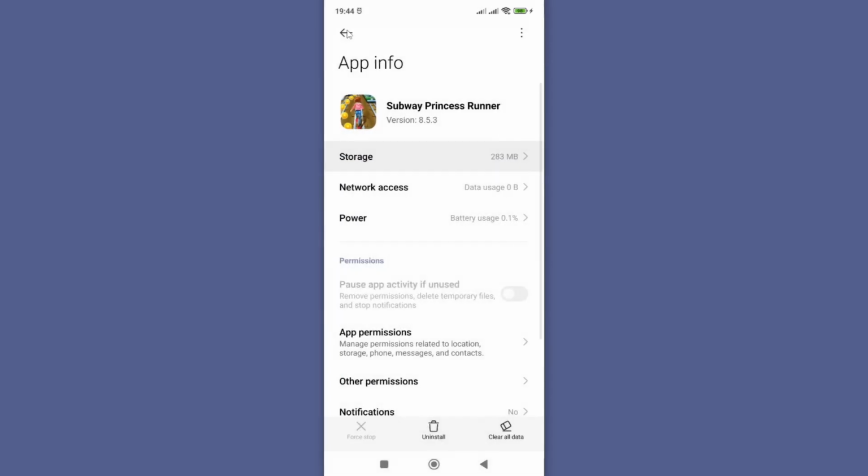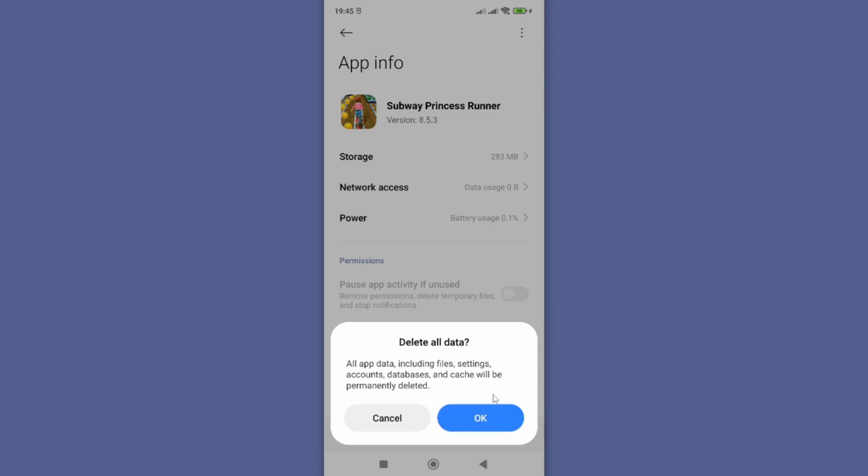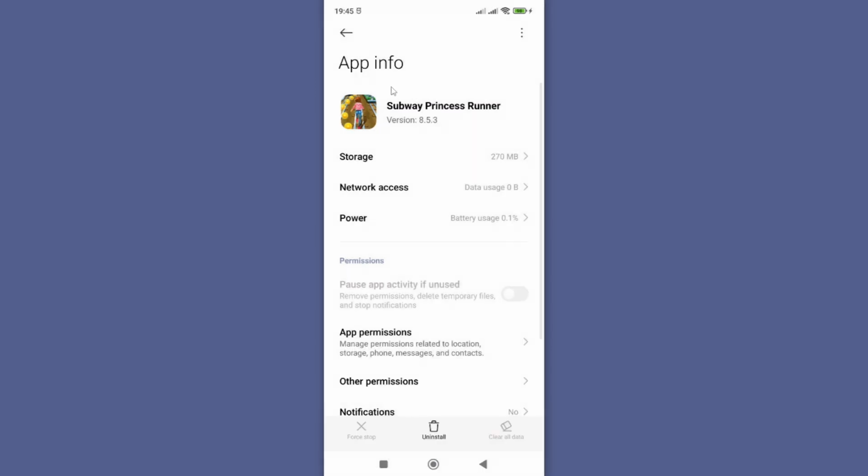At this point, restart your phone and open your game. And in most cases, this is enough to fix most of the issues that you are experiencing. However, if you still have any challenge, then you might want to come again here on the app info page, and this time around clear all data by just tapping on clear all data and OK, and this should fix your